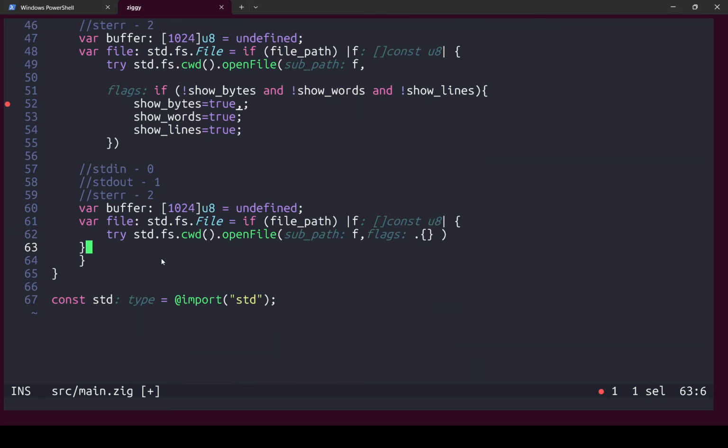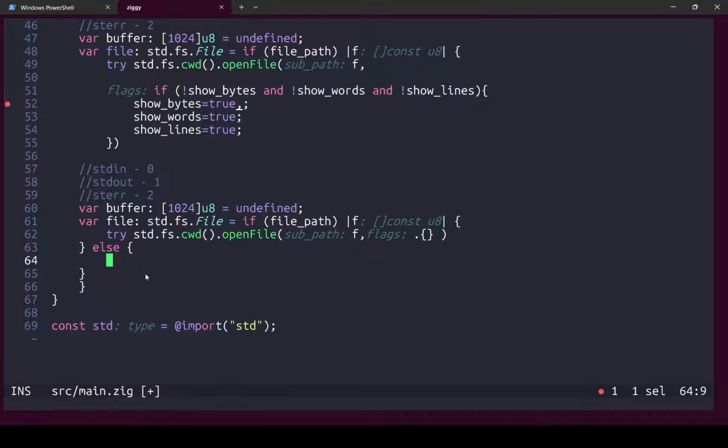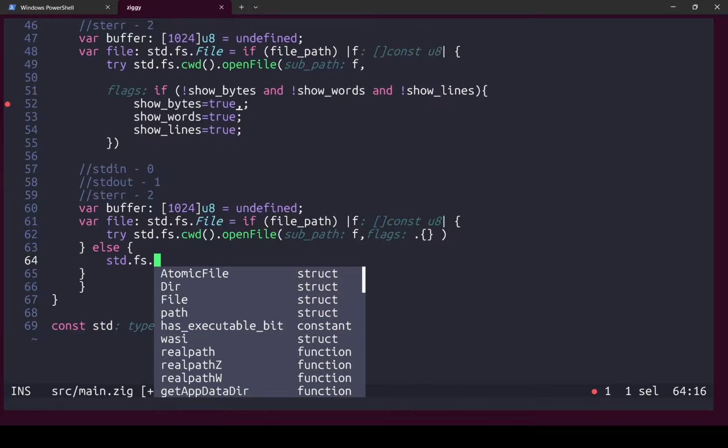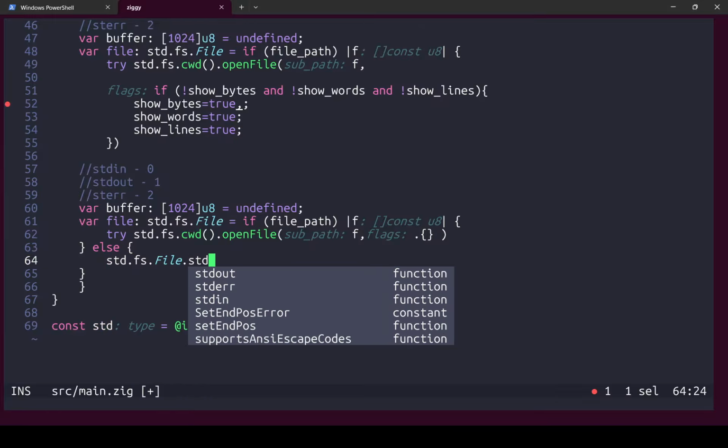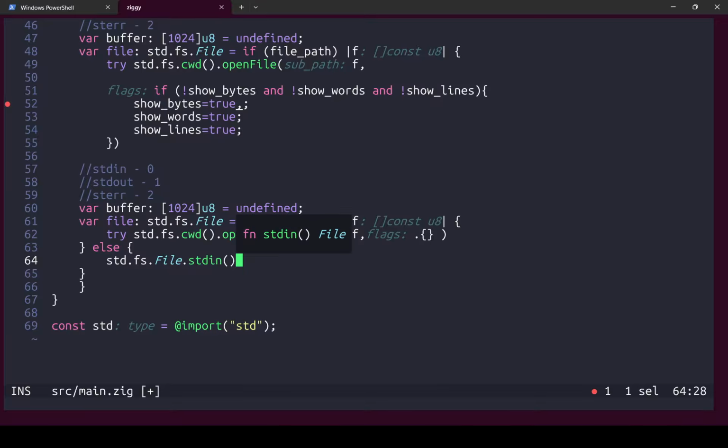So that being said, I will say else. So what is the other condition? If file path is empty, we have to open stdin. Remember this one we have to open for user input. So we'll say return std.fs.File.stdin. You see, these are the files I was talking about. So these are by default available to every process, which is of type file. So we return this, and then